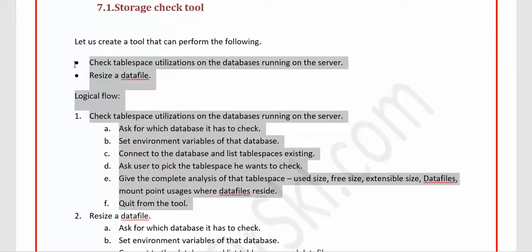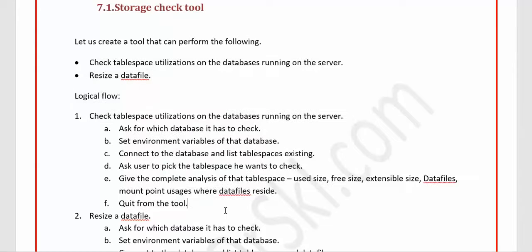Without having a clear picture of what you want by the end of writing this script, it is very tough for you to achieve your goal. That's the reason having a very clear picture of what your tool has to do is the first thing you have to make out. If you are a beginner, you can write it on the notepad like this, or in your scribble pad, using pen and paper. That also works fine. But definitely having a very clear picture makes your scripting job very easy.